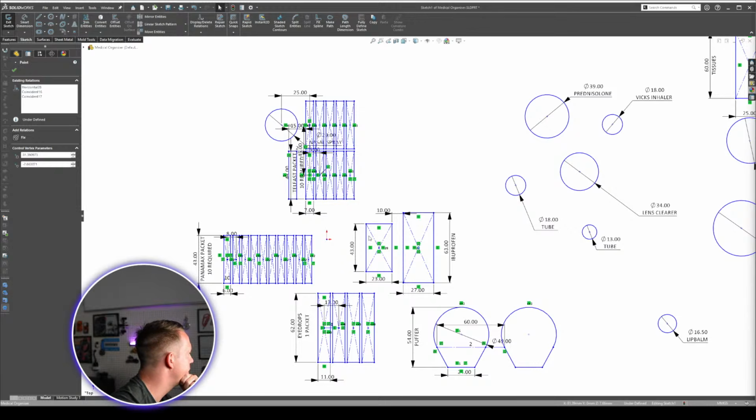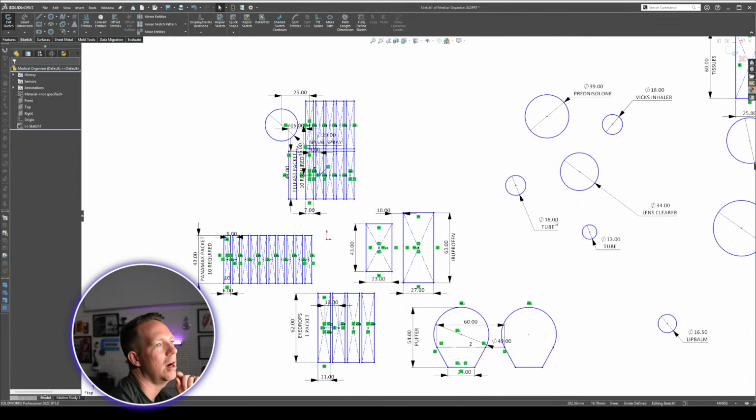Hello, Jez. You're designing the packets. No, I'm not designing the packets. I'm designing